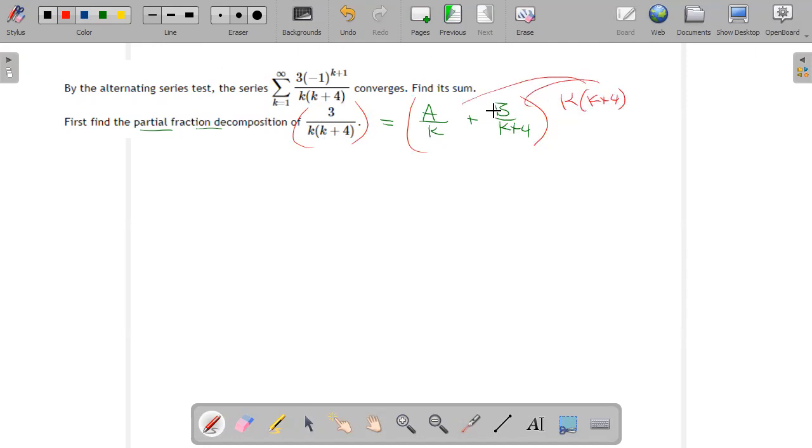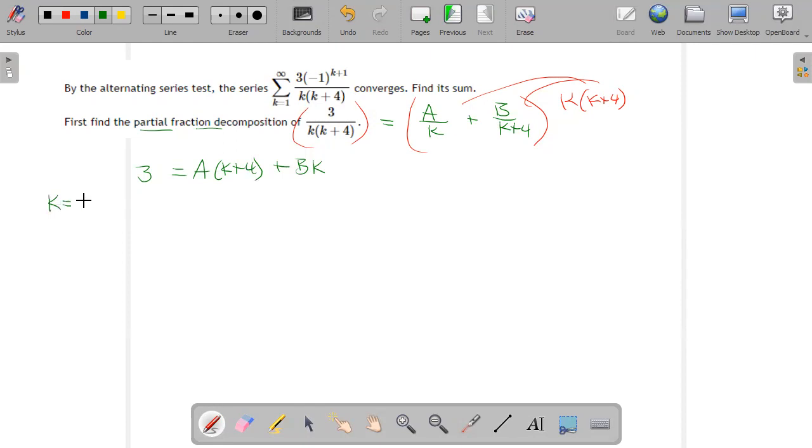And when we distribute that through, we get a bunch of cancellation. And we end up with, on the left side, a 3. On the right side, we're going to get an a times k plus 4 plus b times k. And when we did this back in integral calculus, we picked clever values of k to figure out what a and